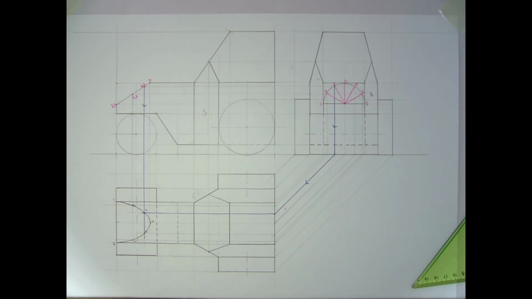The final part of this is to determine the true shape of surface S. So we just need a true shape. There's two ways that we can do it. We can project an auxiliary view coming down off of this, or going up that way. There isn't much space on this one, so it's probably not best to do it here. The alternative is to